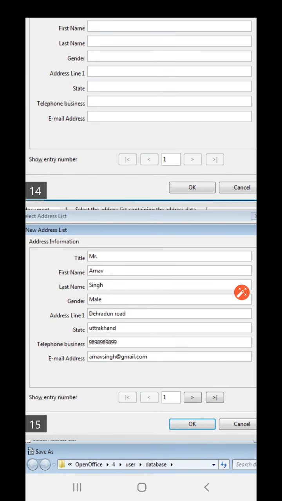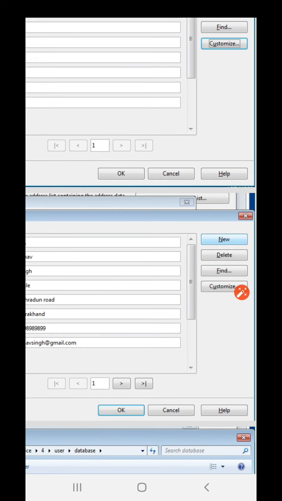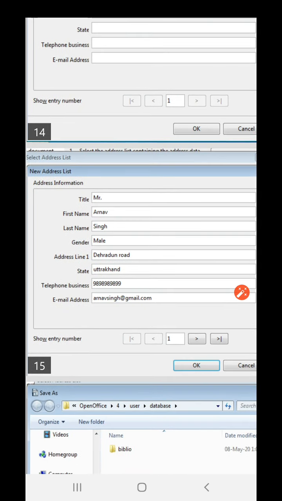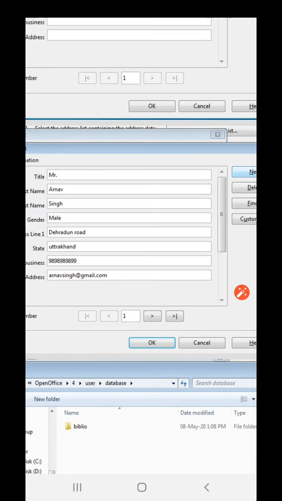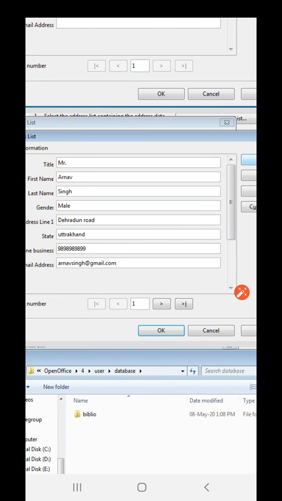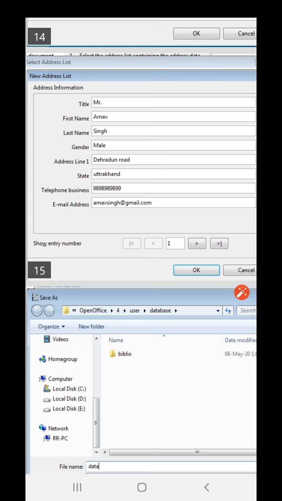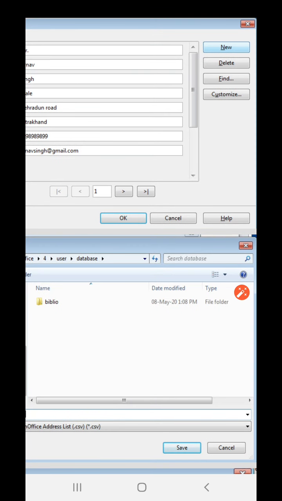You can see title, first name, last name, gender, address line 1, state, telephone number, email address. When you again click on next, you can add another address information. You can add as many as you want. Here I have created 4 address information. After this, you can click on OK.